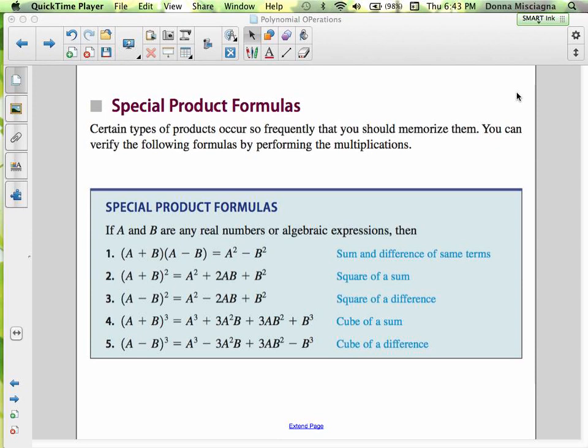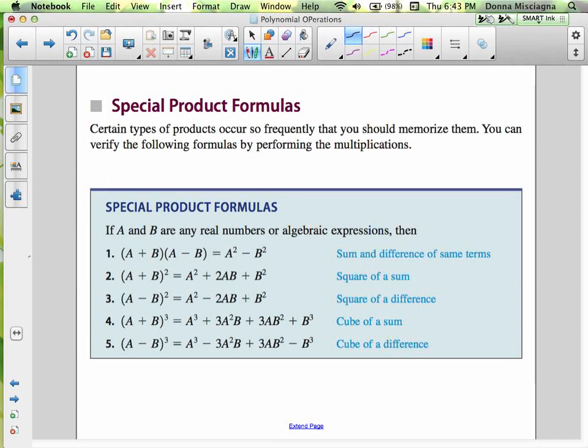So we have a plus b times a minus b, a sum and difference of the same terms. If we were to multiply those together, and you don't have to write this part down, I'll put it up here and then I'll erase it because I'm going to run out of space. So if I had a plus b times a minus b, and if I'm going to use distribution, I'd have a times a minus b